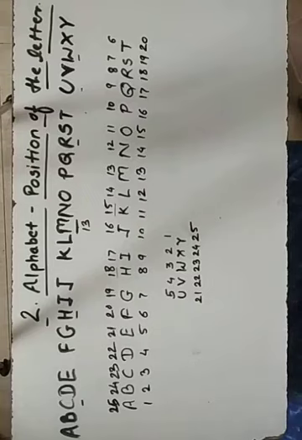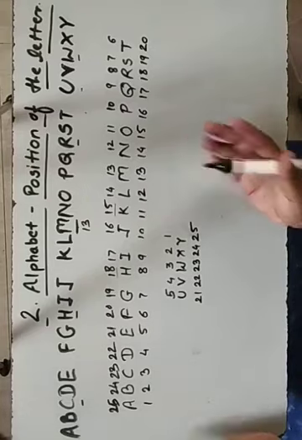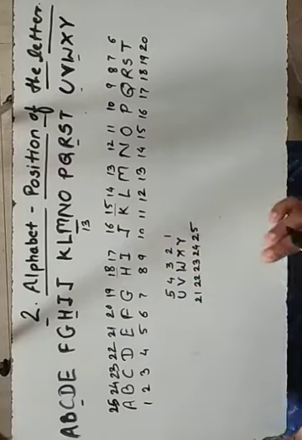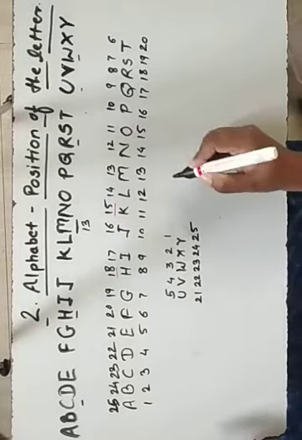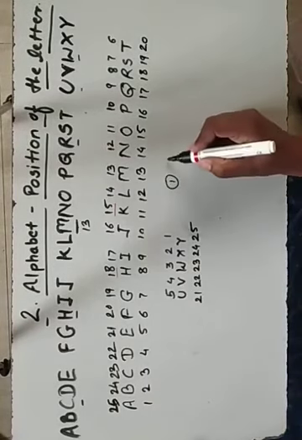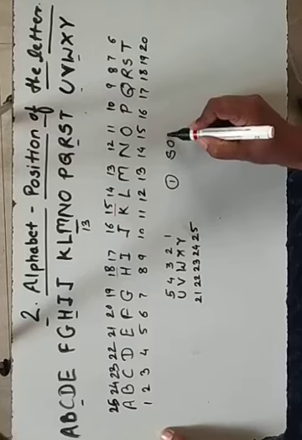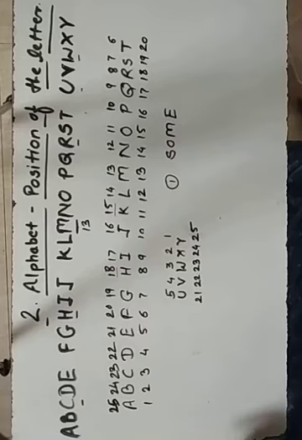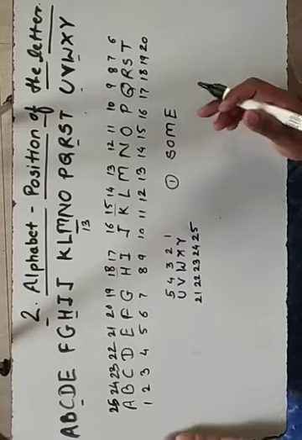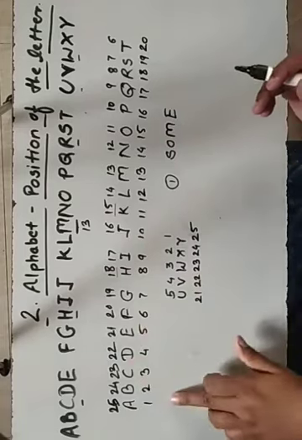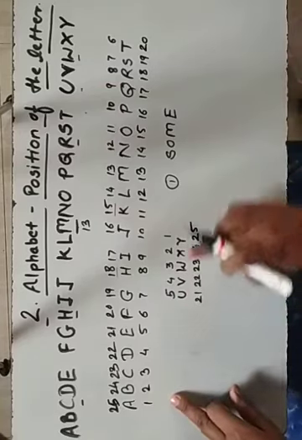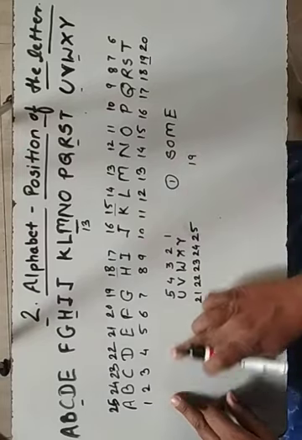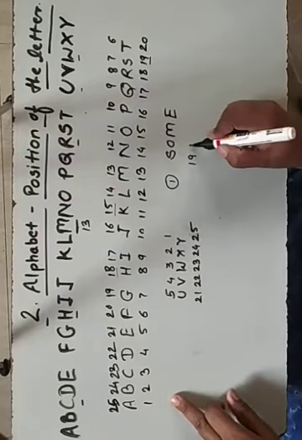Now they will ask you questions based on positions and on the letters also. Suppose the question comes in the exam: write the position of the letters S, O, M, E from left. From left side means here it is my left side. So S's position on the left hand side is at which place? 19. So S will be 19. O from left side will be at 15th position. So 15.